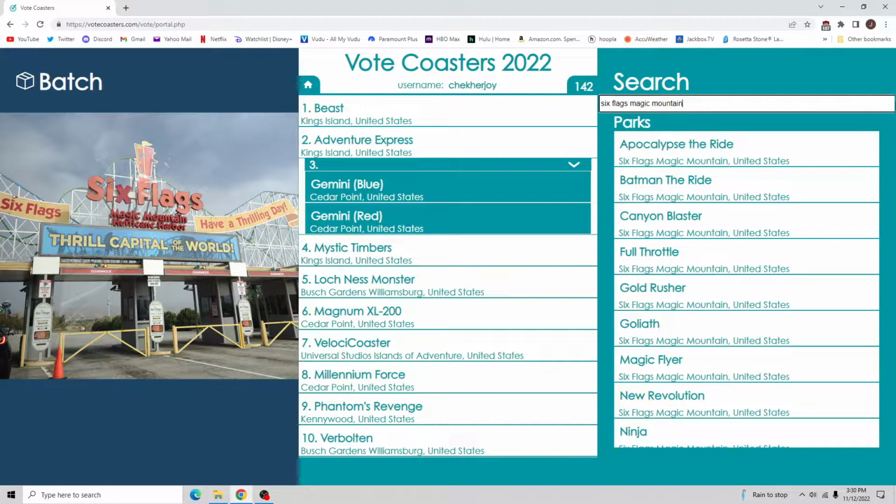So, starting off our trip, we went to Six Flags Magic Mountain. This is in Valencia, California, just north of LA. They have 20 coasters total, although I think we only rode 14 if I counted correctly. We went in the middle of the week in October. Not everything was open. So the first thing we did when we got there was go ride Full Throttle because